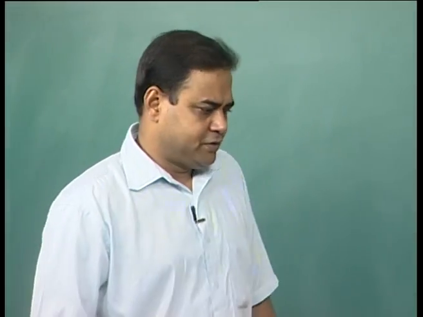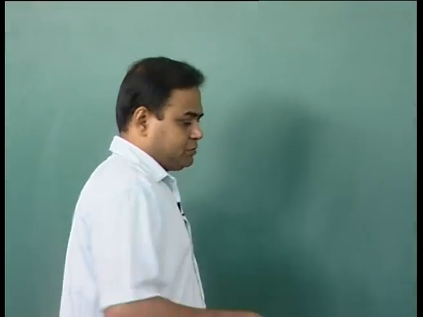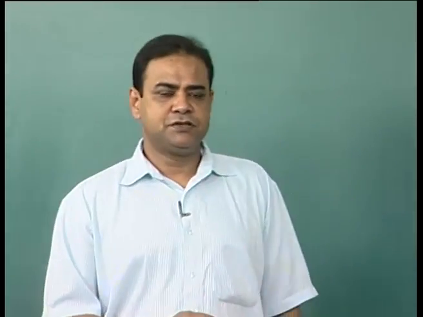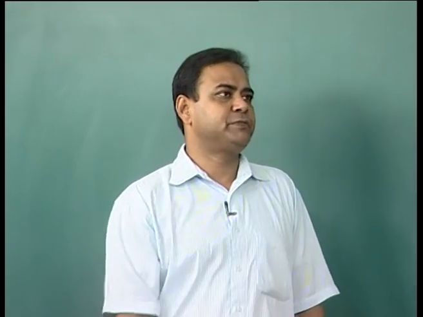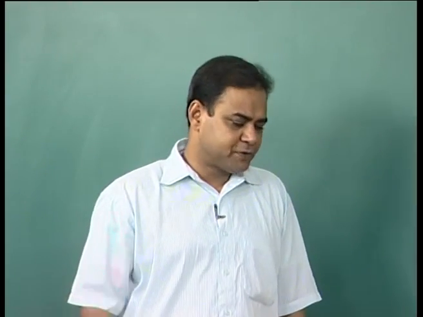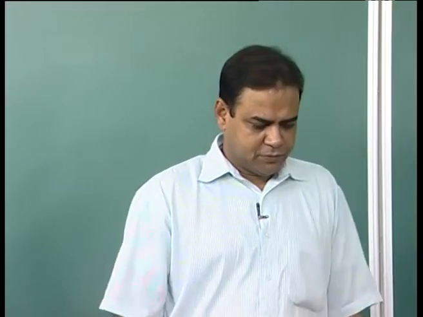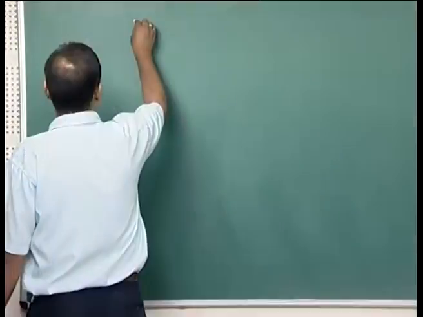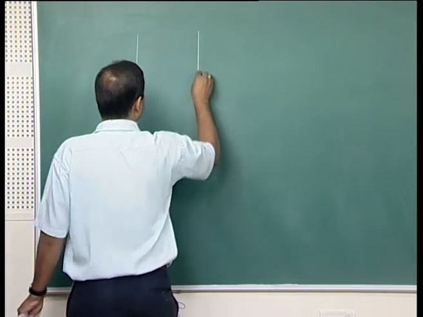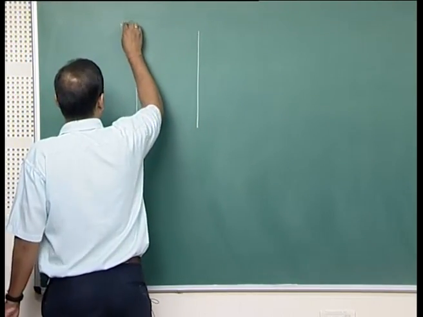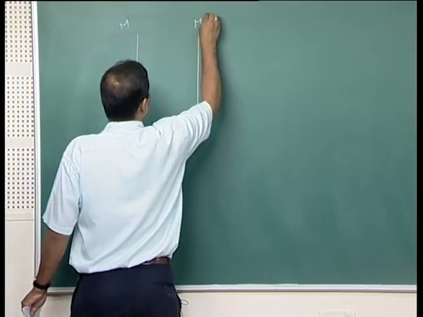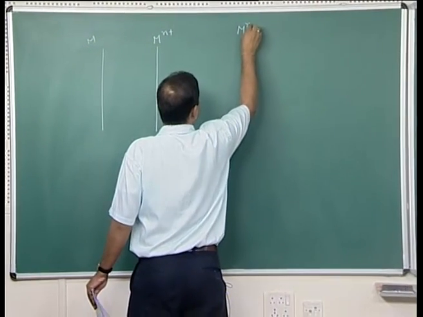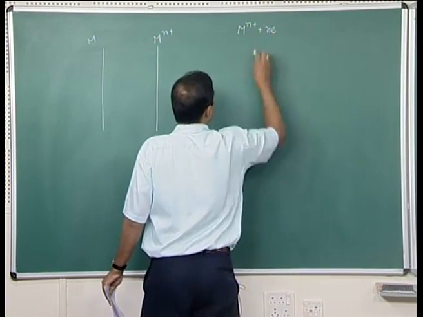We have been discussing the transport of charges from the ion surface to the metal surface, and the transport of metal atoms from the metal surface to the ion surface in the solution. And on that way we have seen that if these are the two surfaces, this is the metal surface and this is the metal ion M n+, and the reaction, if you consider equilibrium, M n+ + n e